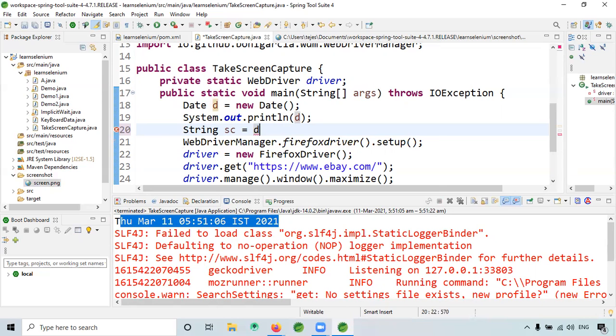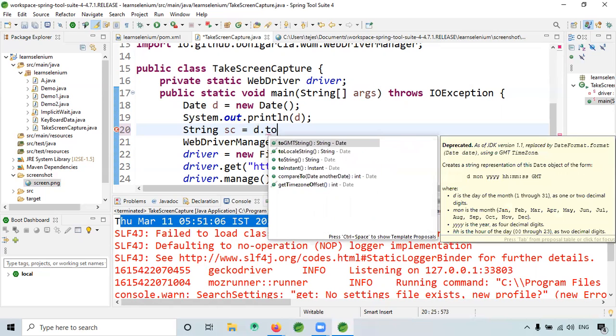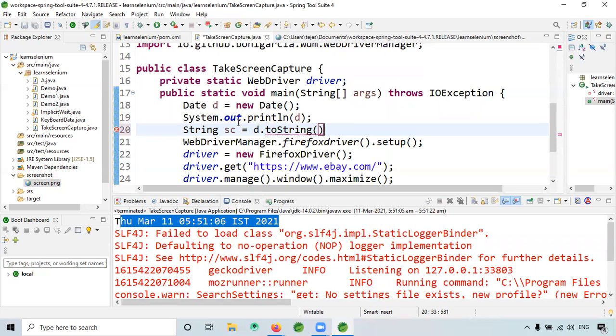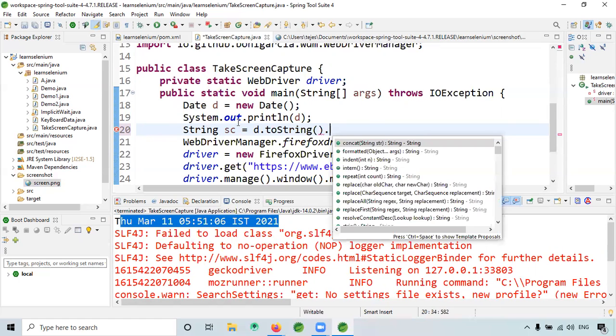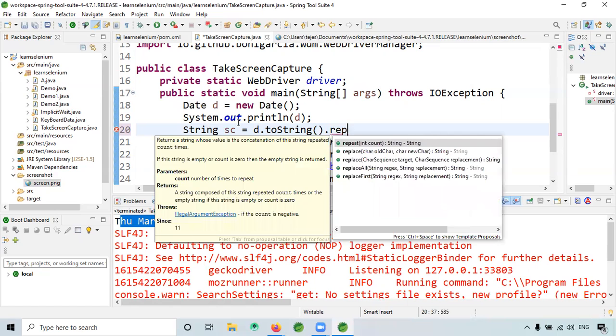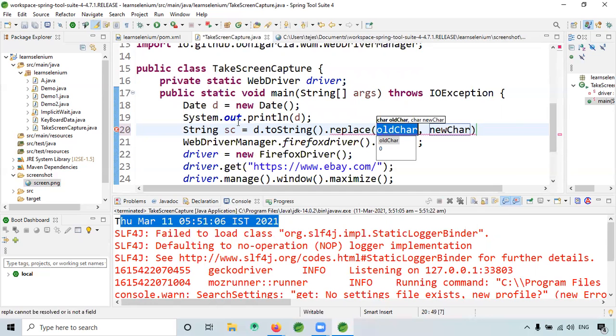D dot toString. So I will use the replace method. Wherever we have a space, it has to be replaced with a hyphen, like this.